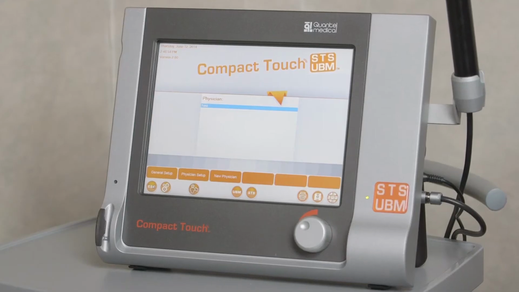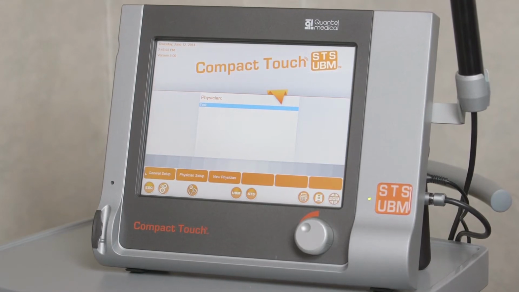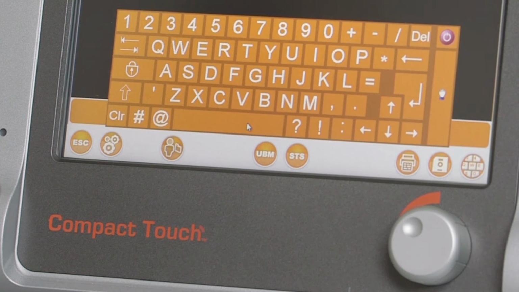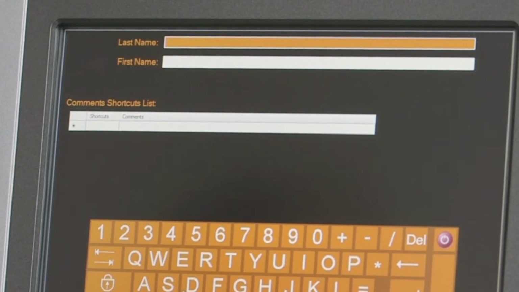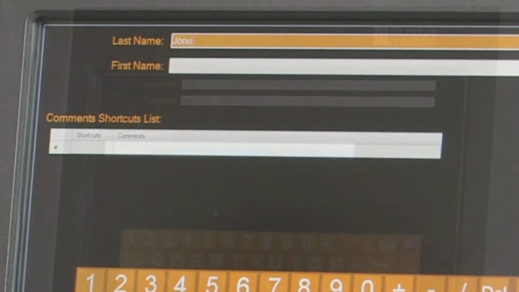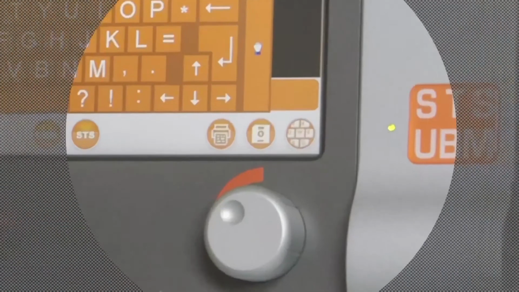Upon starting the system, the screen will display a list of physician profiles to choose from. To create a new physician profile, select New Physician on the orange toolbar. Beneath the name fields is a table of comment shortcuts, where an examiner can enter frequently used comments for quick input during the exam. Once all information has been entered, press the Save icon at the bottom right corner of